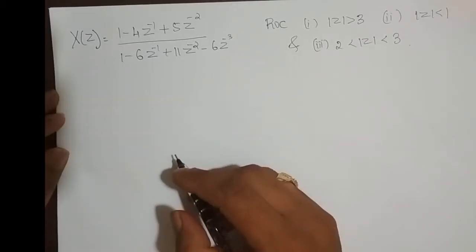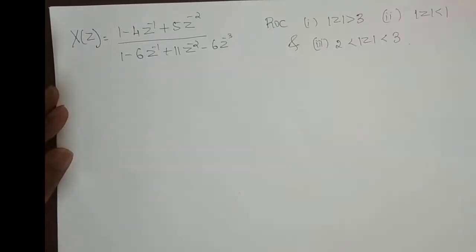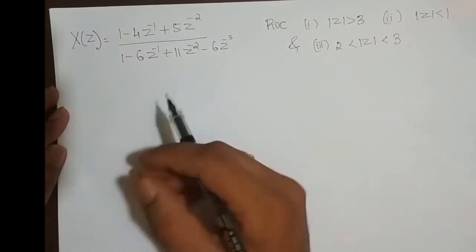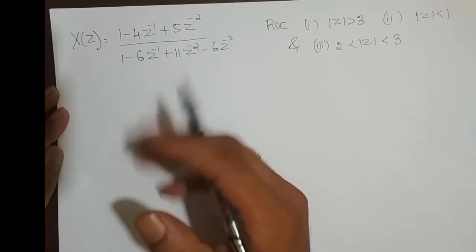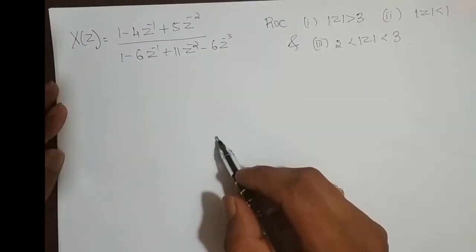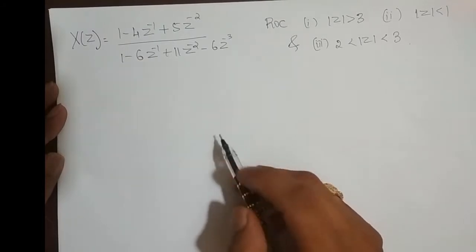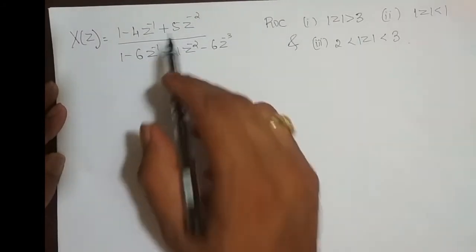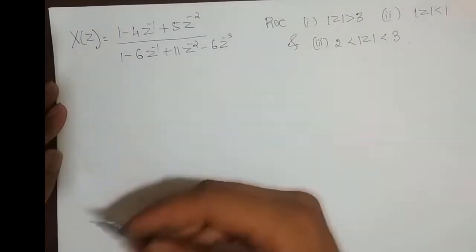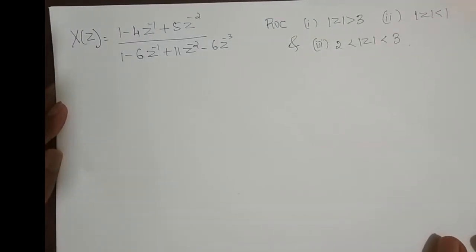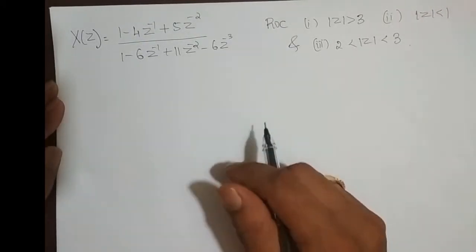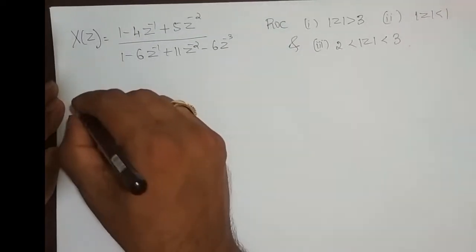Hey guys, we shall take up a few more problems on finding inverse Z transform. In the previous videos, I have solved a few problems on inverse Z transform, where the powers of Z were everywhere positive. This is one more case, where the power of Z is negative. How do we solve it? I'll just give you an idea. I'm not going to solve it in detail, I'll give you intermediate results as well if required. Fine. Okay, solution.